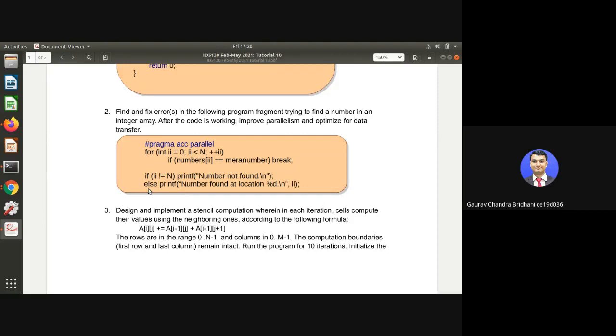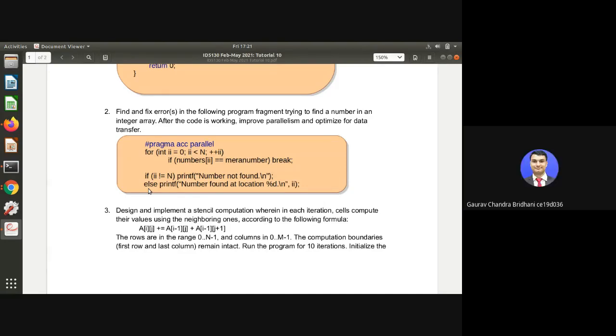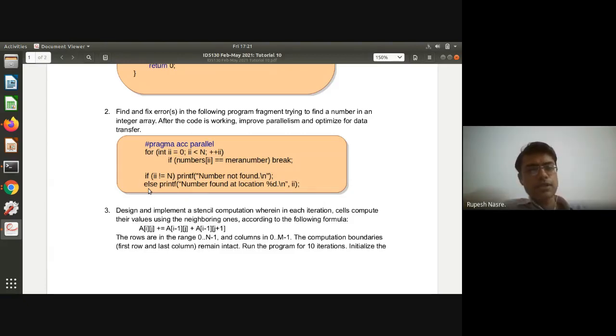So are we going to compile it on a C compiler? Yes, we will compile it on C. Why? Because then we cannot define the loop variable inside the for. Correct. So that is another issue, that I have specified int ii in the for loop, whereas I am using ii outside. So that will also not compile. Good. That is the second problem. There is also a third problem.